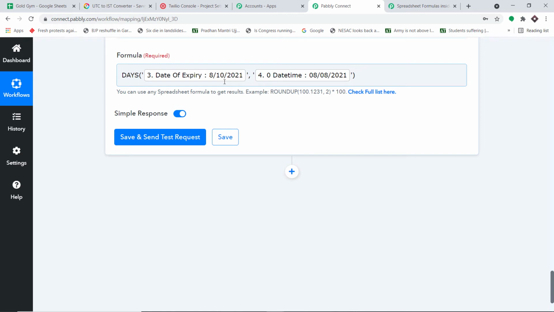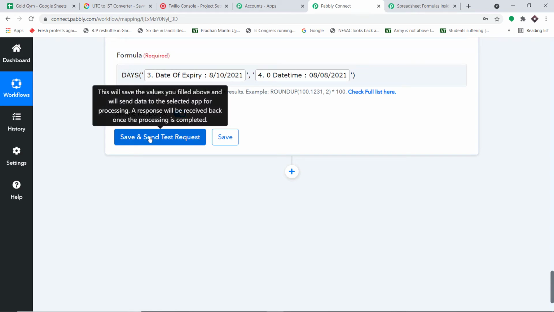Now the idea is that if the result is equal to 2 days or less than 3 days, we will be sending the SMS. Because if we start sending the SMS more than 3 days ahead, it will look ridiculous. There's no need for that. So we can just make some rule that if the number of days is lower than 3 days, that will be good. If the number of days is lower than 3 days, then we will be sending the SMS.